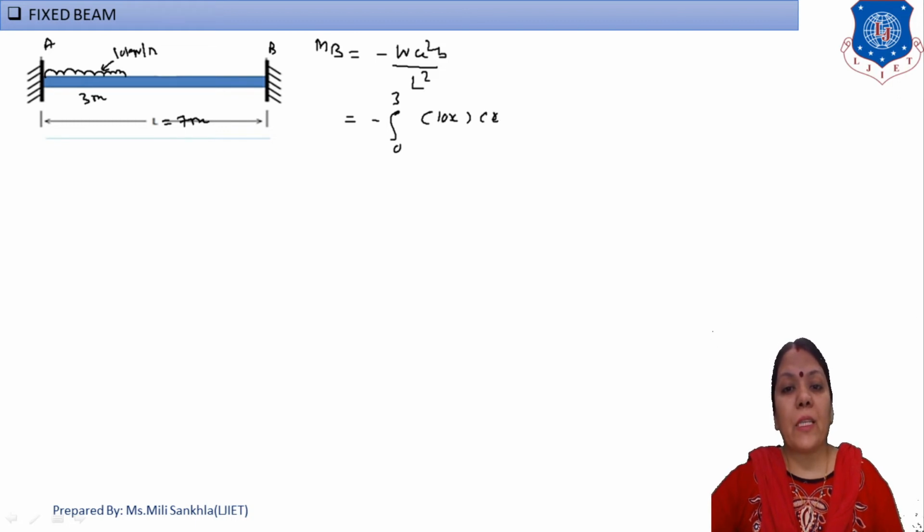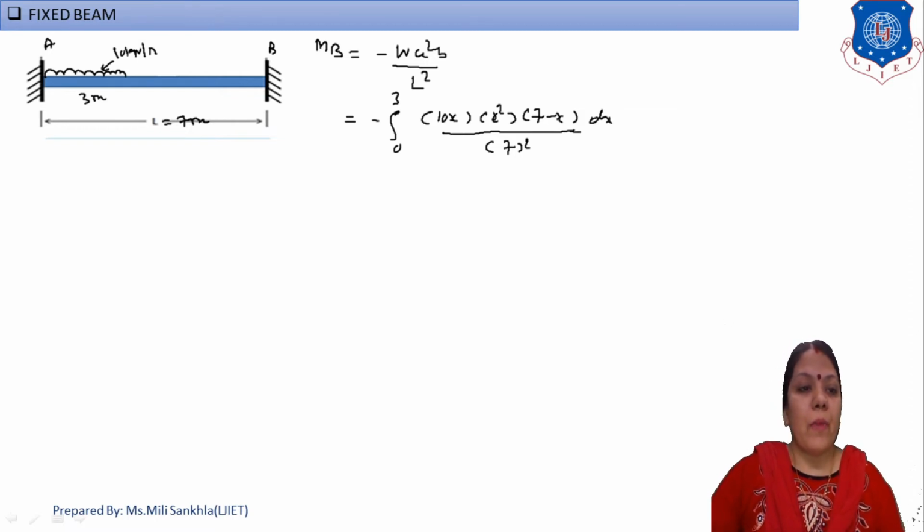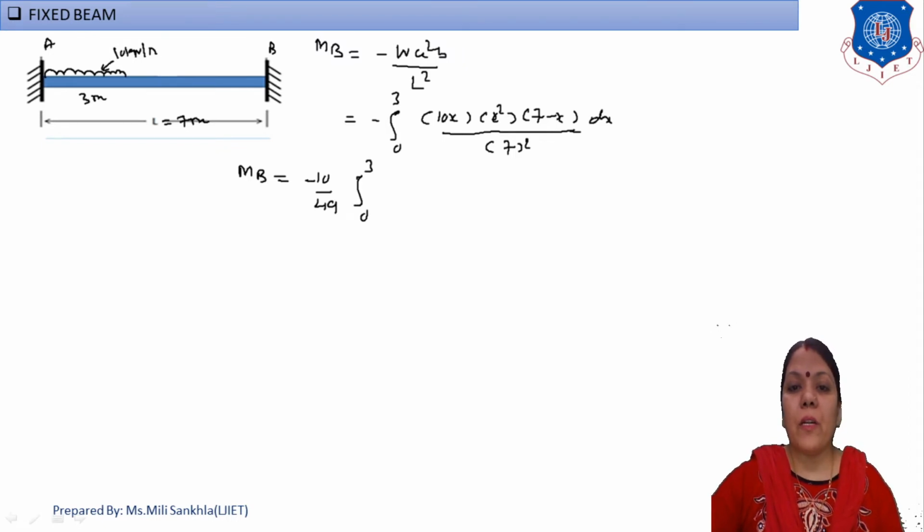Okay, x square, and B is equal to 7 minus x, L is equal to 7 square, and here dx also. Okay, now mention here MB is equal to, again constant, 10 by 49, minus 10 by 49, limit of 0 to 3, and multiply this term,